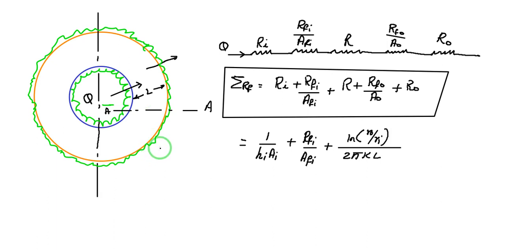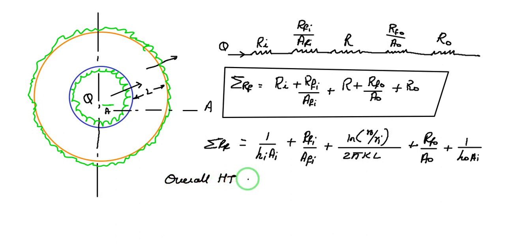Fine. Difference of r naught and ri plus rfo divided by ao plus 1 by h naught by ai. So this is the formula for overall thermal resistance. So next what we are going to find is the overall heat transfer